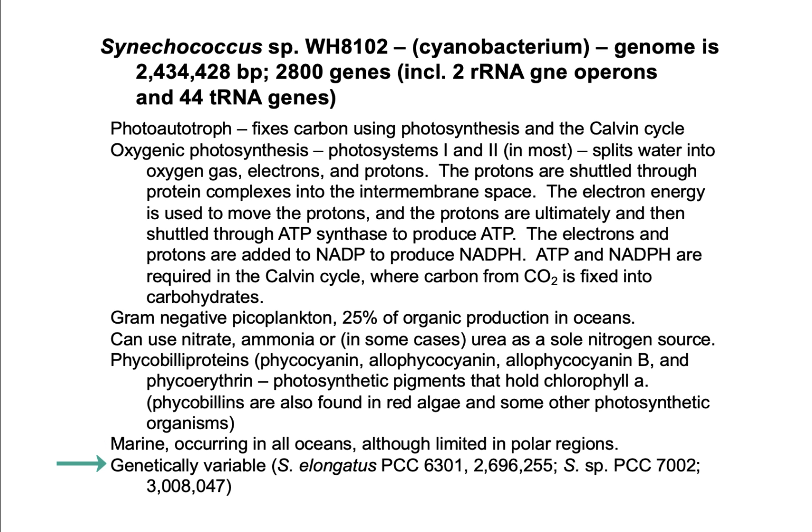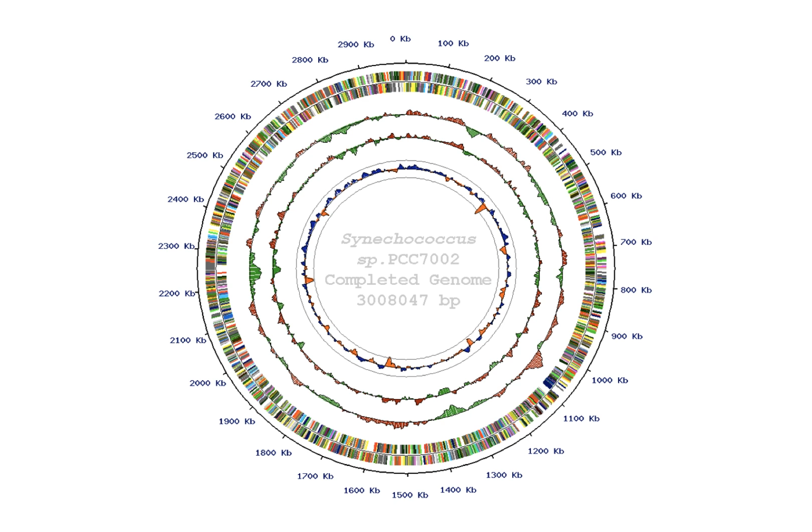Genetically variable, since there are some that have genome sizes of 2.4 million bases, 2.9 million bases, and over 3 million base pairs. So it's sort of like E. coli. It's probably multiple species. It has a circular genome, and so this is the one that's 3 megabases, Synechococcus